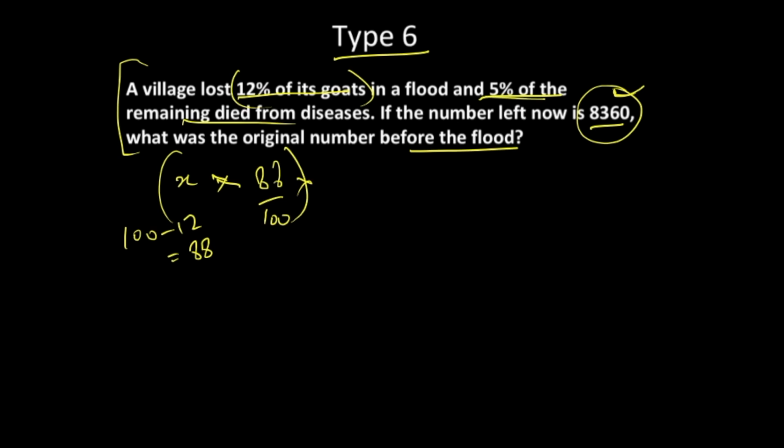And it says that 5% of the remaining died from diseases. So 5% also there's a subtraction, so you'll subtract it from 100. So that is 95. So remaining 95% of goats is what you have, and this value is coming out to be 8360, right? So let's try to solve these